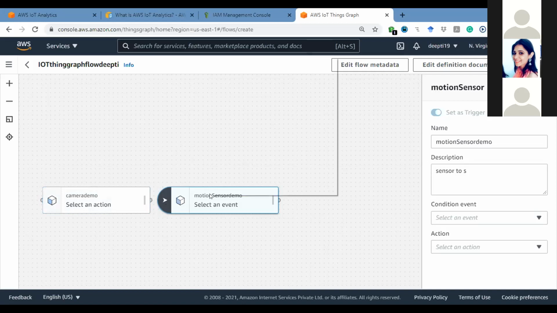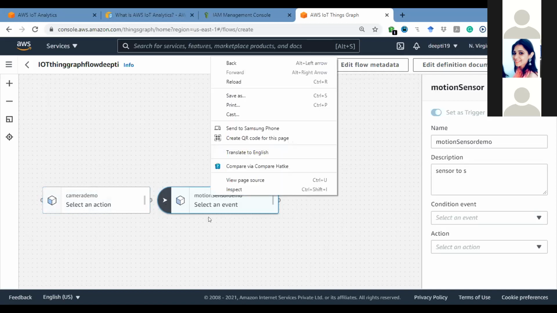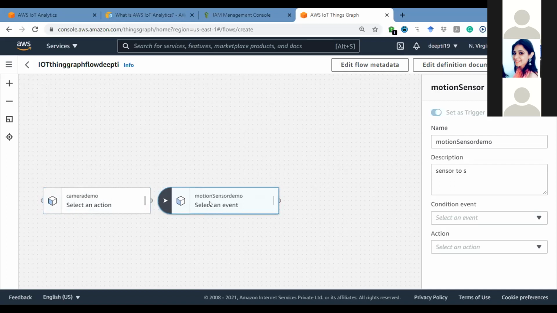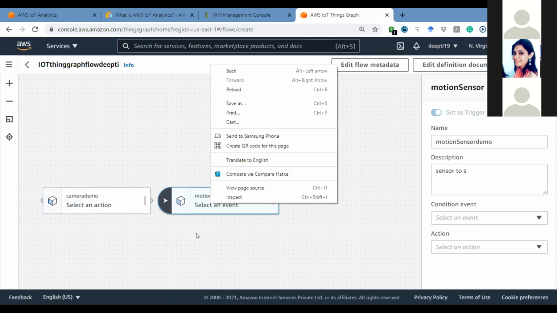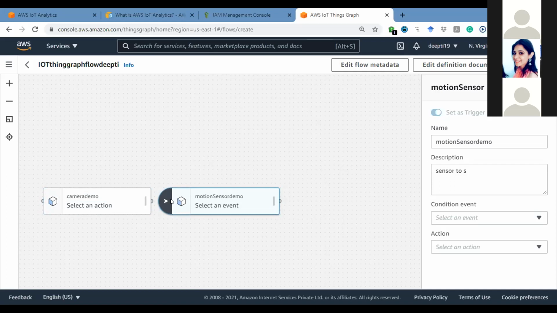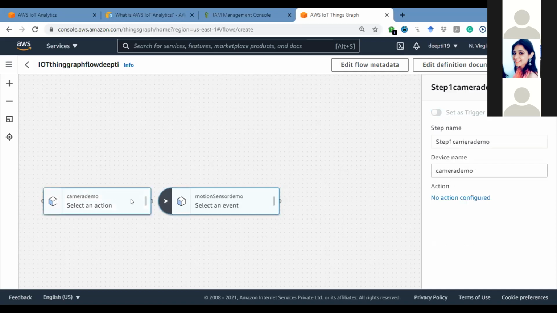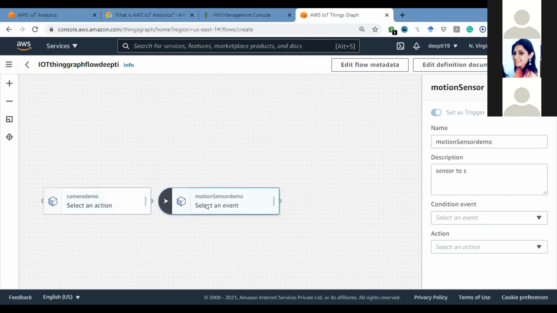You can take another one. Ma'am, select it first. Select this and just change the location. Select this motion sensor demo. Try to change the location. Drag it and make it before camera.